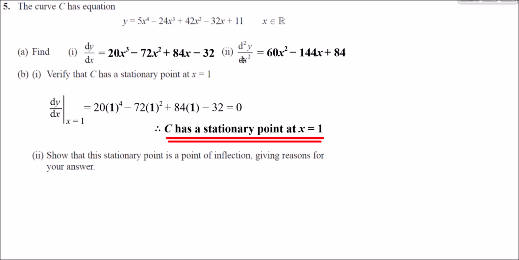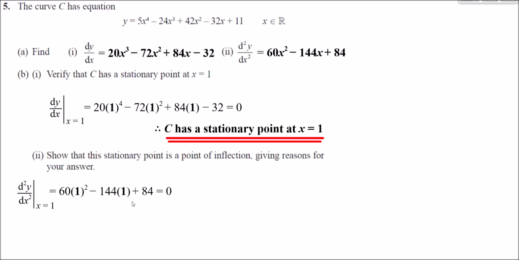So again, the setup of this question is actually quite benign. It's giving you clues here that dy by dx might be useful in part B, and that d squared y by dx squared might have a use in part 2. And indeed it does. So, like we did with B part 1, where we tried x equals 1 in the function dy by dx, if we now evaluate d squared y over dx squared, the second derivative, when x is equal to 1, what that gives us